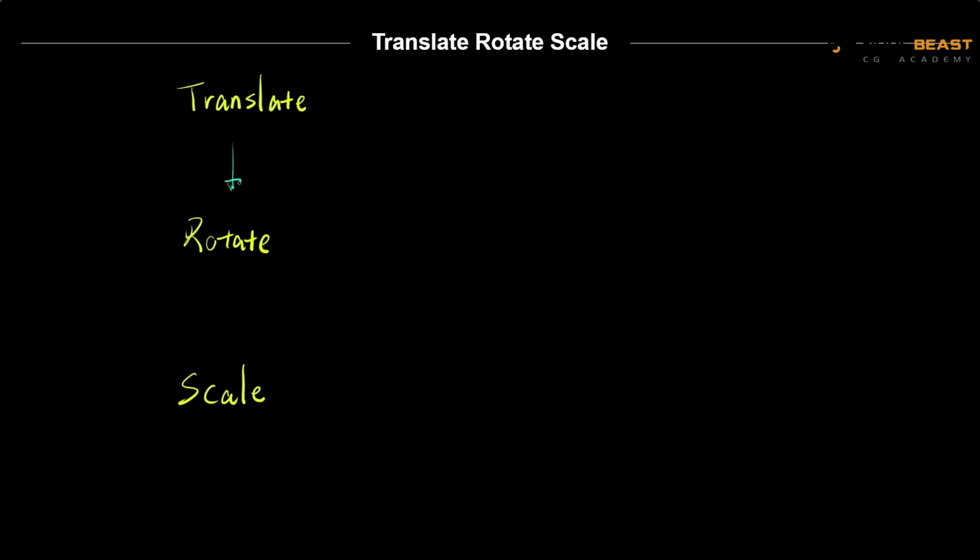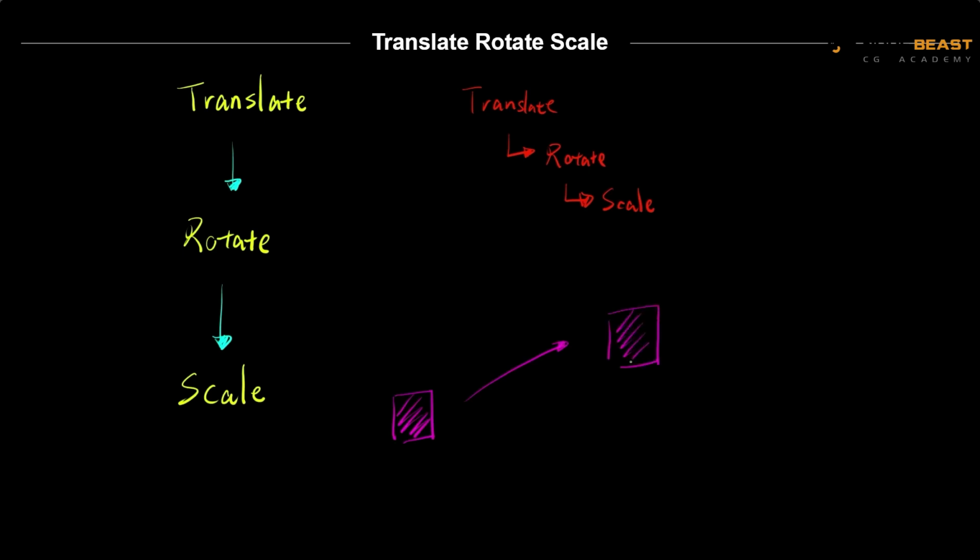Translate is the parent of rotate, and rotate is the parent of scale. So if we look at the hierarchy of these three, it should be translate at the very top, then rotate, and then scale. So when we move an object to another position, because rotate is the child of translate, our rotation's pivot point will start from this new position, and no longer from the original position. And as we continue to rotate this model,